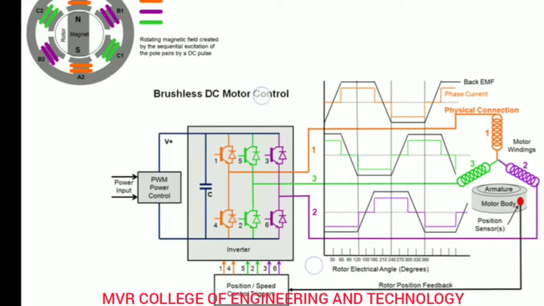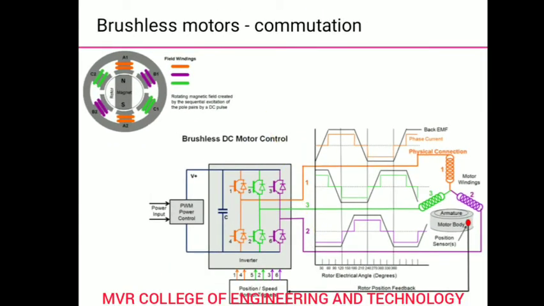Here you can see the power electronic converter. These star connected windings will be connected to the switches. Initially the supply will be given only to A1 A2, after that B1 B2, and after that C1 C2. Whenever A1 A2 is switched on by this power electronic converter, your motor gets excited and gives one rotation angle. After that A1 A2 automatically goes off and B1 B2 comes on, and you get another rotation angle. After that B1 B2 goes off and C1 C2 is turned on. Like this your motor works.